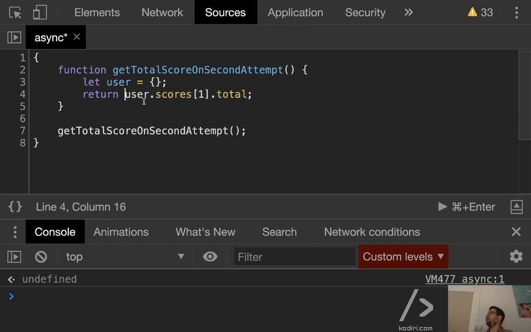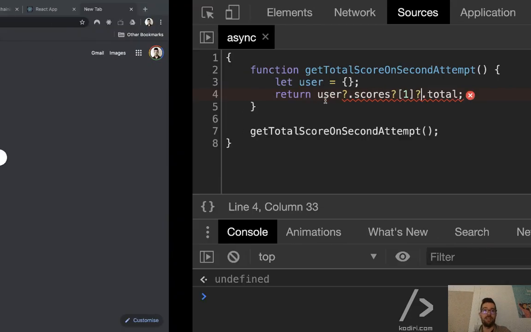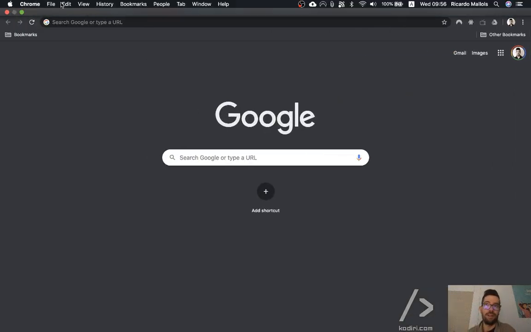That's what they want, right? I just want to get the total. So let's do that, and now look at how cool this syntax is. You see the question mark? It means, hey, if I got user, and I got user.scores, and I got user.scores 1, it's something like that. I mean, that may not be correct. I just found that this morning before the first coffee of the day. But the new syntax looks something like that. Yeah? This doesn't work because